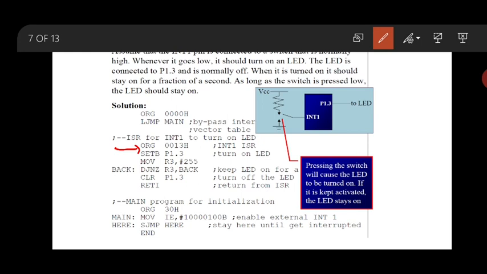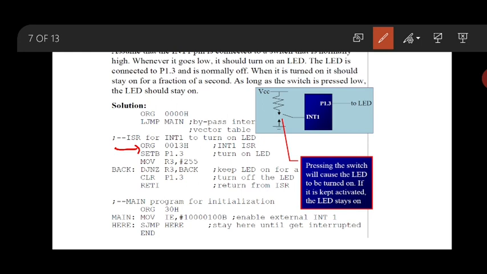I hope you understood. If an interrupt occurs from INT1, it will go to location 0013. You should not change this address. It is a fixed address for INT1. Similarly, if I want to use INT0, it will be 0003H.